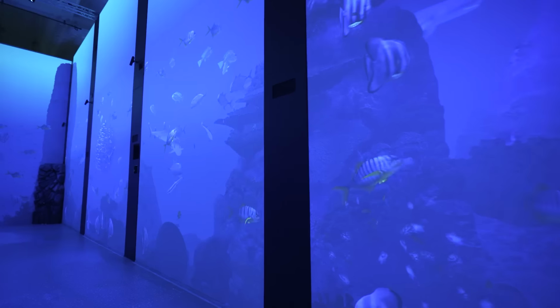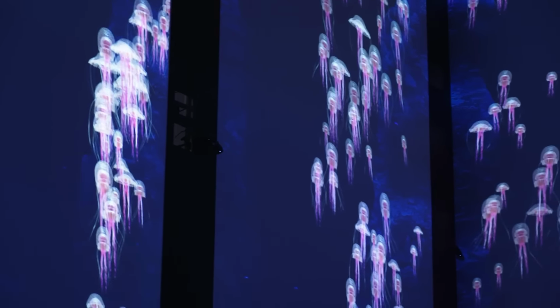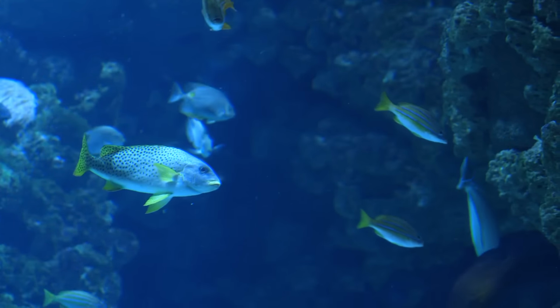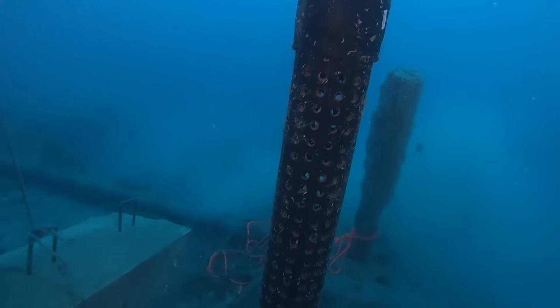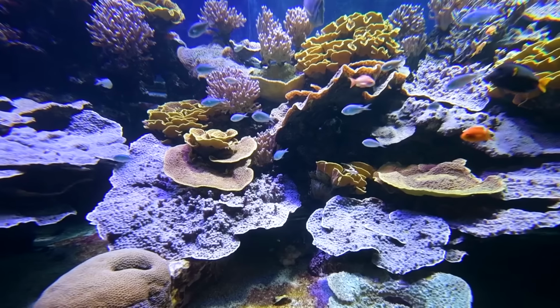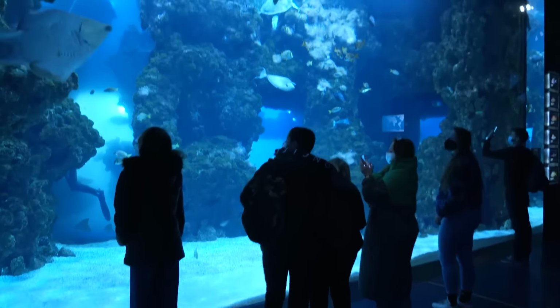You can also dive 20,000 leagues under the sea thanks to virtual reality and more, such as the 100 or so aquariums supplied with seawater via cutting-edge technology. We pump in water about 300 yards from the shore. Inside the pools are hundreds of species of all colors and sizes,